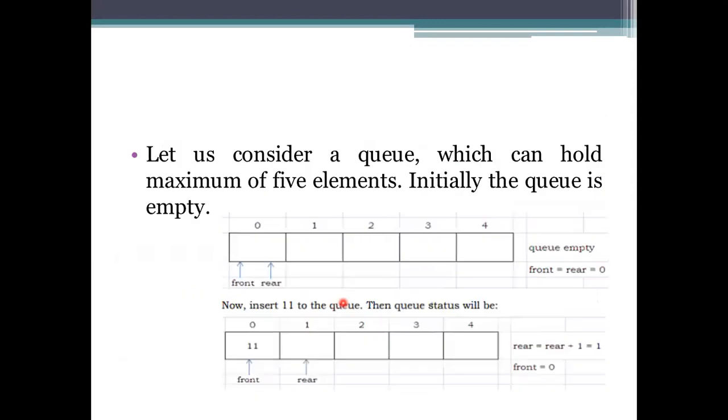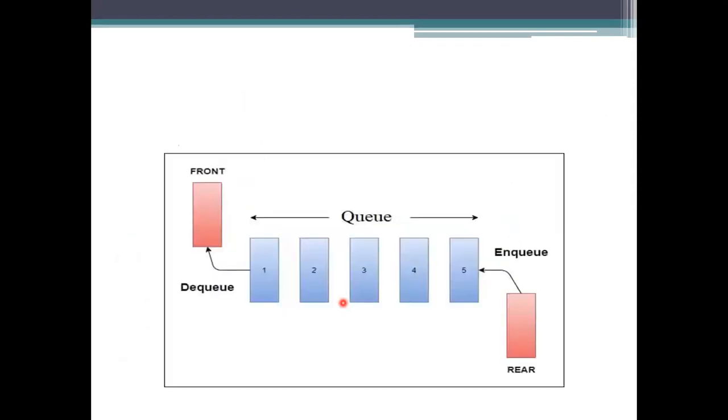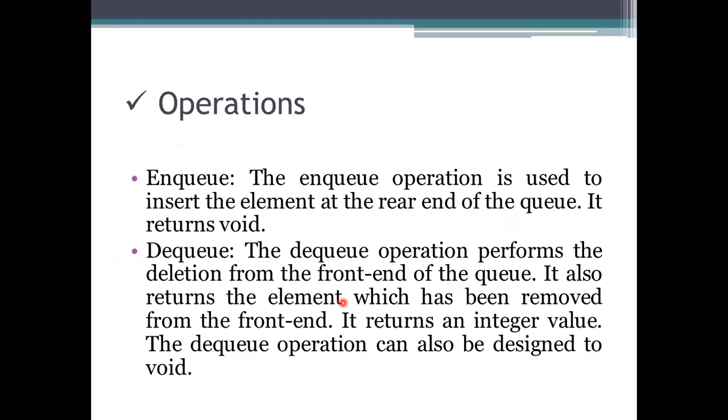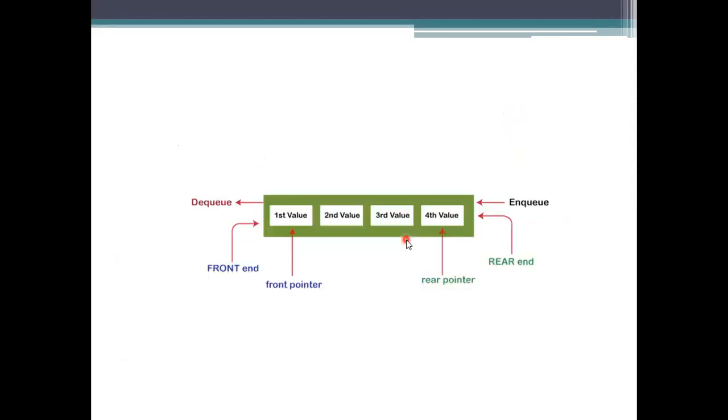So if you go for the previous one, what we have seen is what a queue is. What is a queue? It is also a linear data structure. But what it is representing here is that the first one which has entered into that queue will be the first one accessed or served. So the first one to enter the queue will be the first one to be deleted there. That's why we are maintaining two ends.